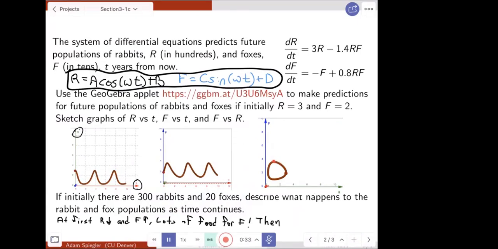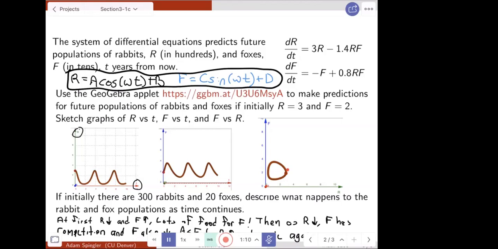But then at some point, say about here, the fox population has gotten so large and the rabbit population has gone down so much that there's too much competition for limited resources. And so what happens now is the fox population goes down. And as the fox population is going down, that's actually good for the rabbits, because as their predators go down, they're going to increase their population, and then we get back to where we started, and that's why we get